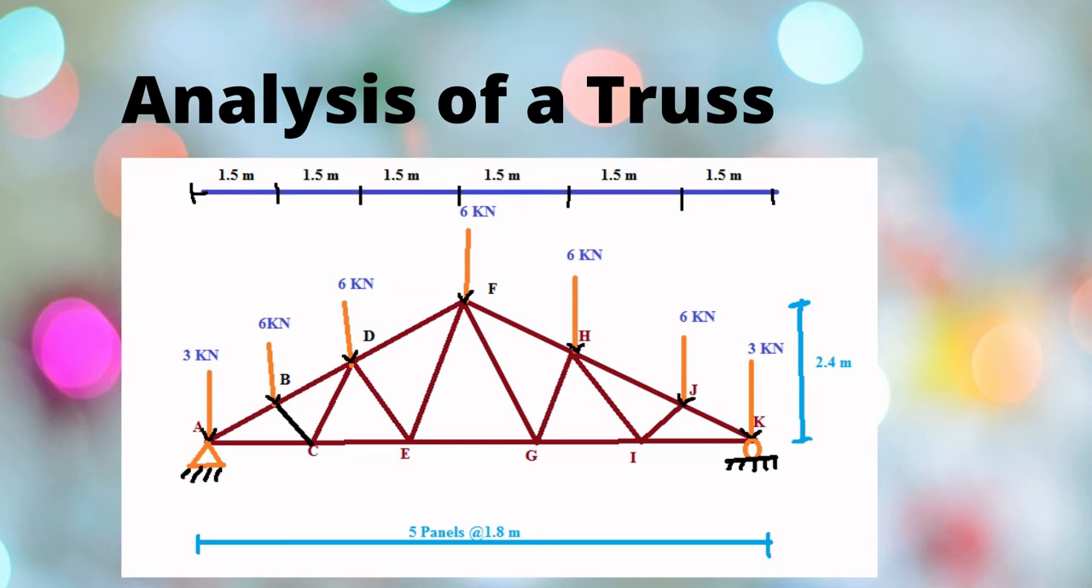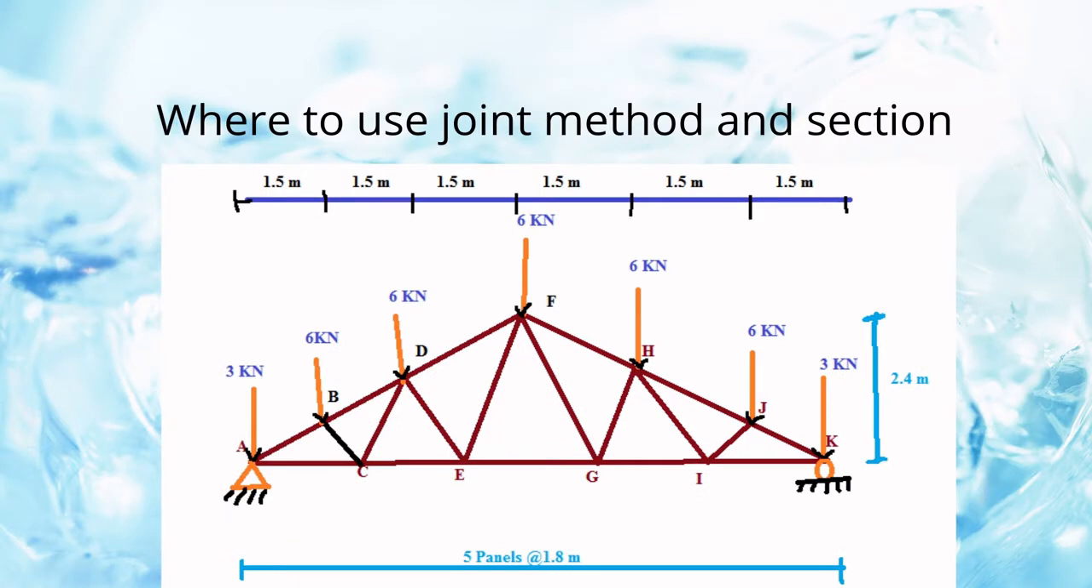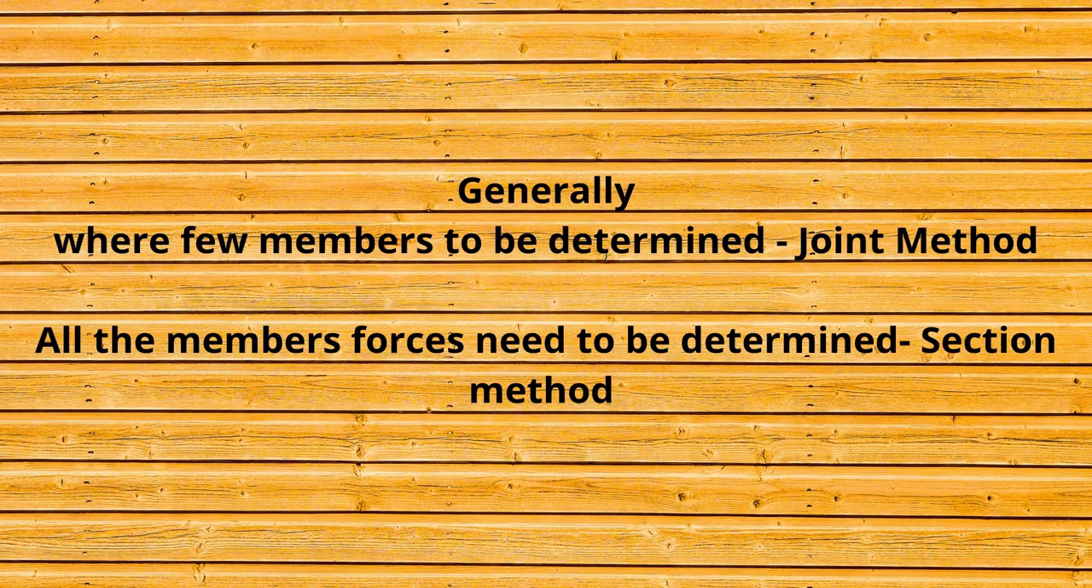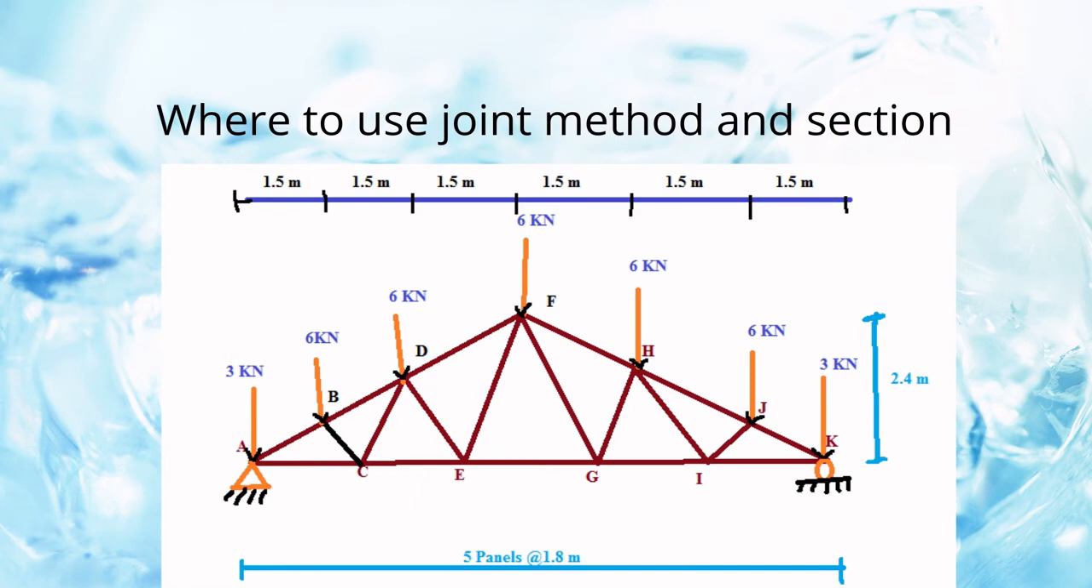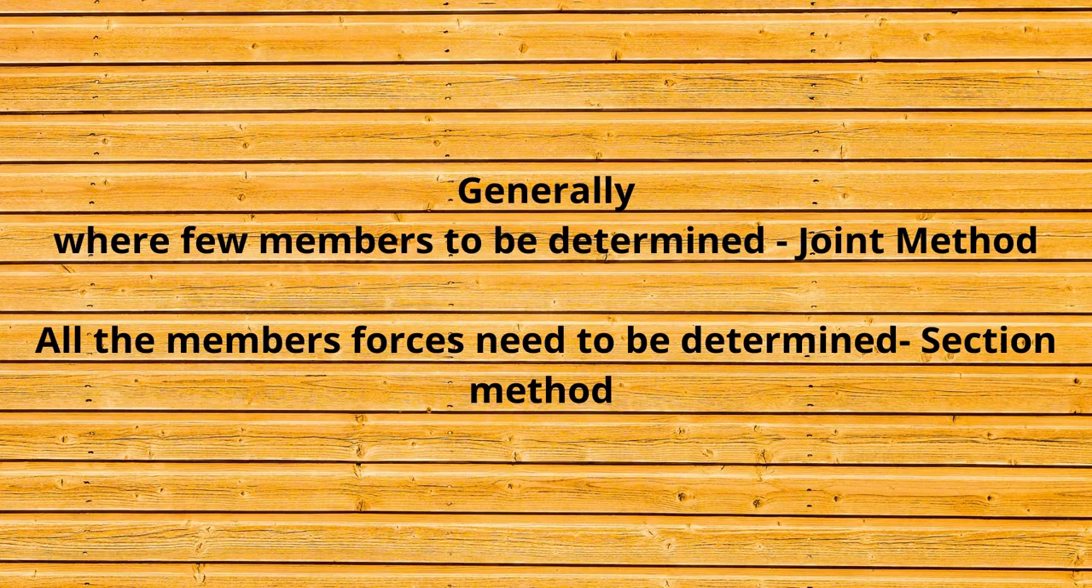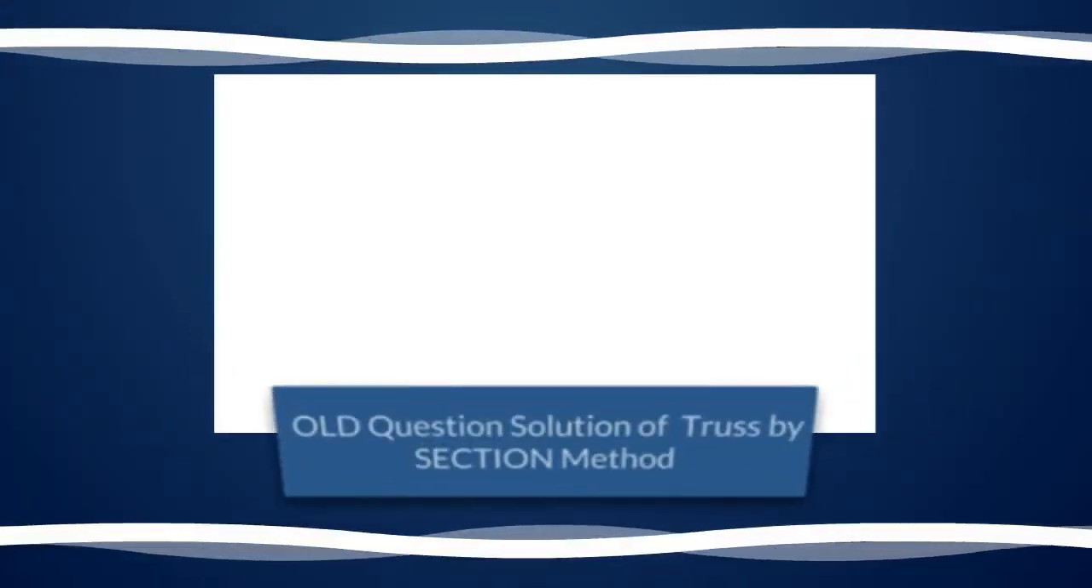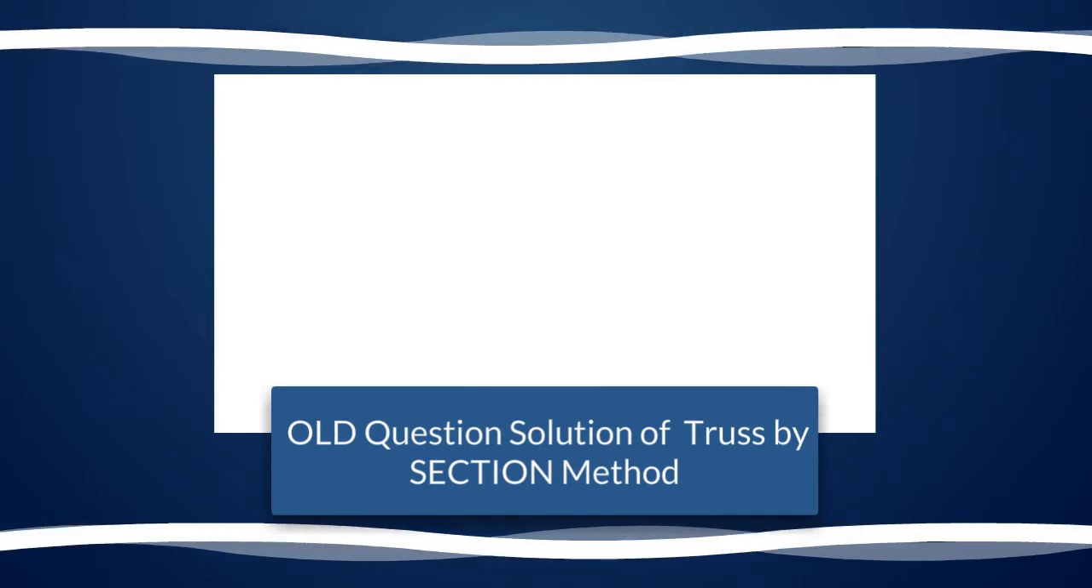The analysis of truss is generally done with the help of the joint method and the section method. Generally, we use the joint method for the computation of all members in the truss, while we use the section method for the computation of certain members in the truss. So let us see the way we can solve the problem associated with the truss with the help of